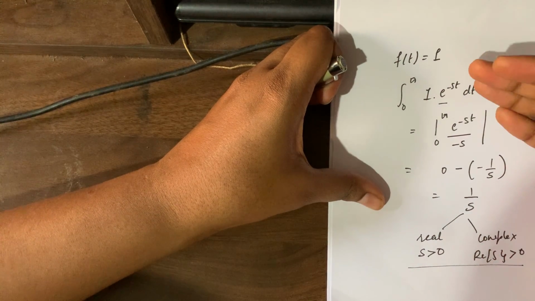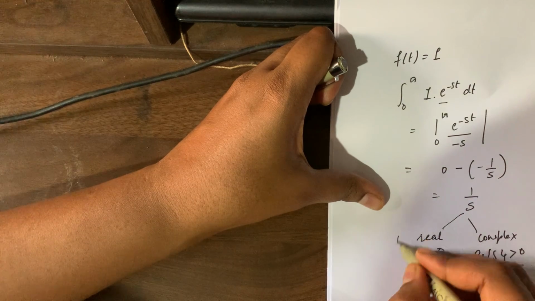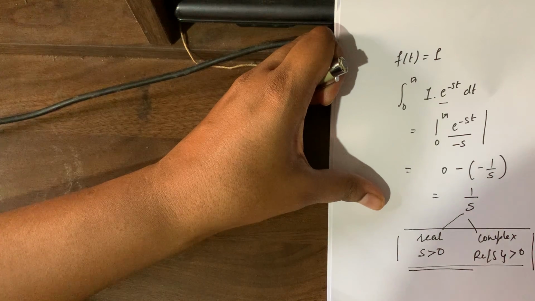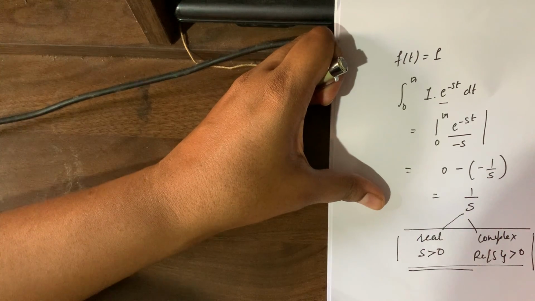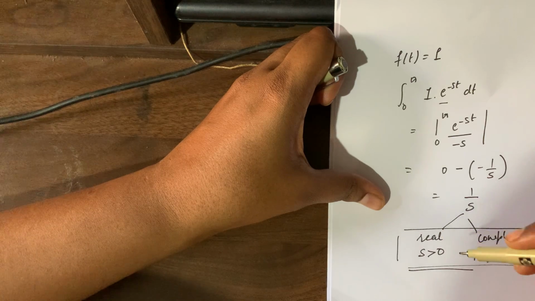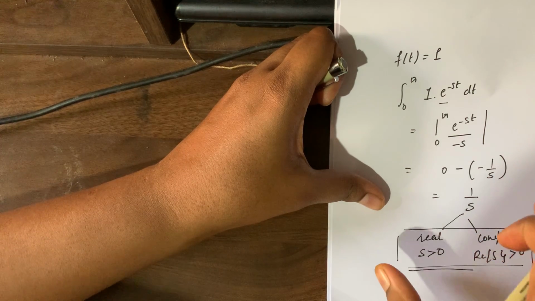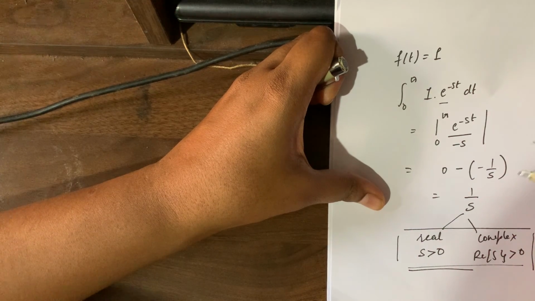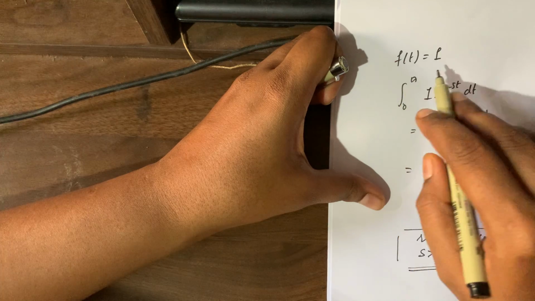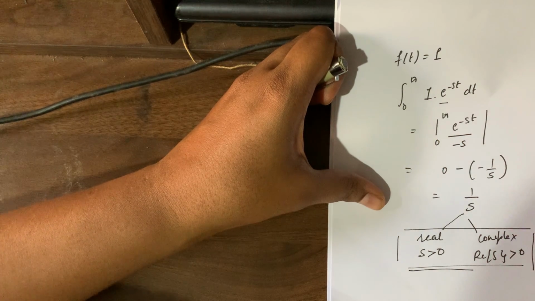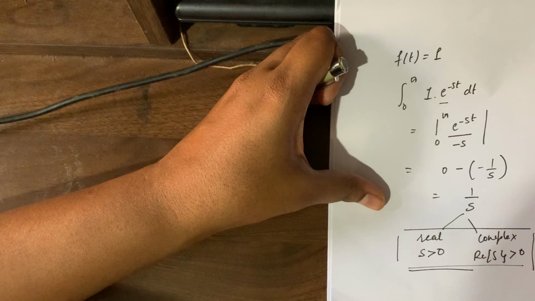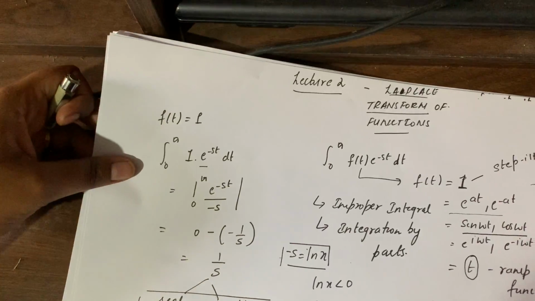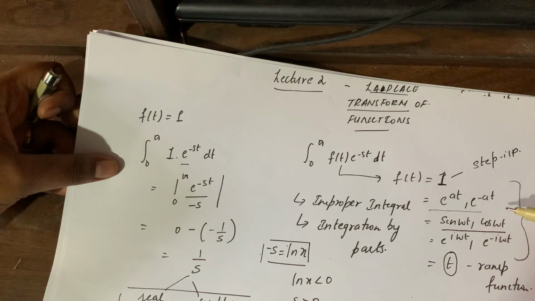This is the constraint. Remember this constraint. This constraint is very important because you really don't want this going in any other way, and it diverges if s is less than 0. I will be discussing this convergence and divergence concept in my next lecture. So this is the first thing that I have derived, the function f of t equal to 1. This is how you derive the Laplace transform. Using the same ideology, now we will derive the Laplace transform of the other functions that we have defined earlier. The next ones that we'll be deriving are e to the power of at and e to the power of minus at.